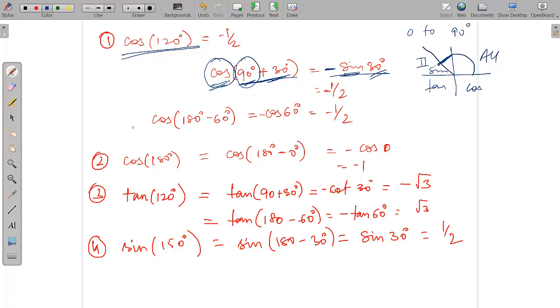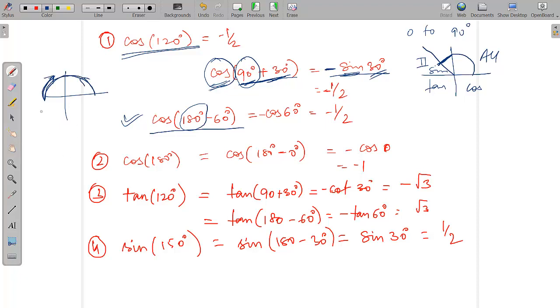This could have been solved in another way. You could have written it as cos of 180 degrees minus 60 degrees. Now again, this is an even multiple of 90 degrees. That means this particular thing is coming at this point, and then minus. So this direction is positive. So 180 degrees minus 60 degrees.